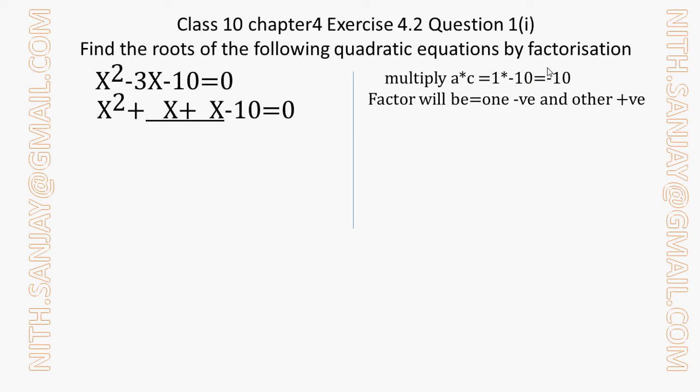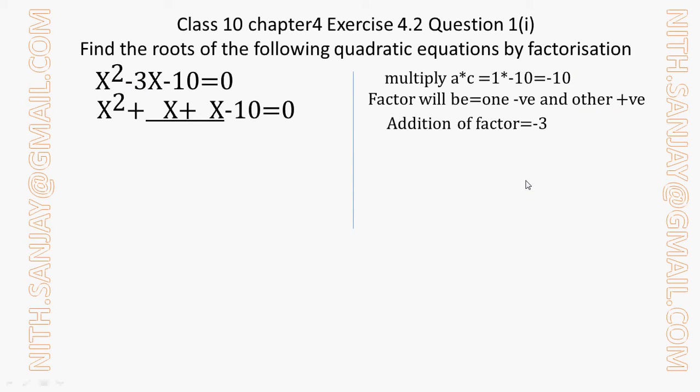So from this value of multiplication of a and c, what I can make out is that this is a negative value, right? From here I can very easily say that of the factors which I will make, one factor will be negative and the other will be positive. Why? Because this is a negative term. So I should get two factors, and when I multiply those factors, I should get a negative term. I can get a negative term only when I multiply one positive number with one negative number. Got it?